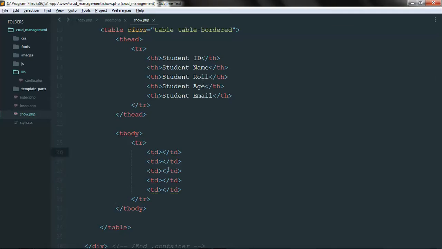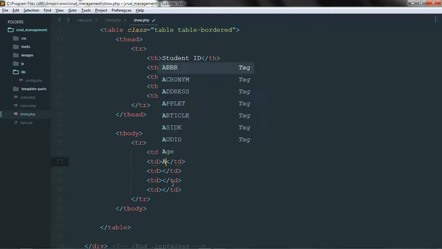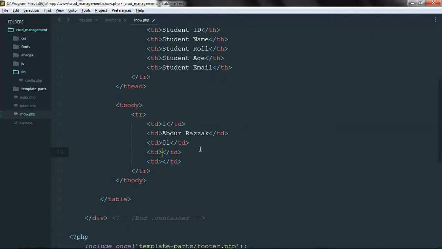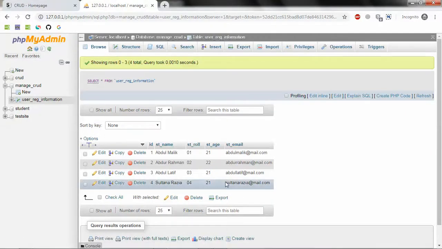So let me write one dummy static data. Name would be Abdul Razak. I will show you a static way so that you can understand what is really going on, or how you can design in any page, in any framework. I'm using Twitter Bootstrap, but you can use any framework. Age is 21, email, mail.com. So if I just come back,